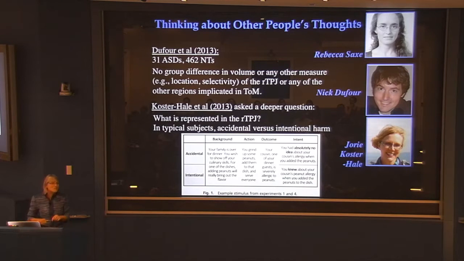Okay, so the TPJ, that region of the brain, you can tell by looking at the pattern of response in that region whether you're reading a story about accidental harm or intentional harm. So that's pretty fascinating. Further, in some other studies, Rebecca and her student Leon Young showed that if you zap that region with transcranial magnetic stimulation, which messes it up transiently, you reduce people's appreciation of this distinction when they make moral decisions. Okay, so that region is causally involved in representing this distinction.